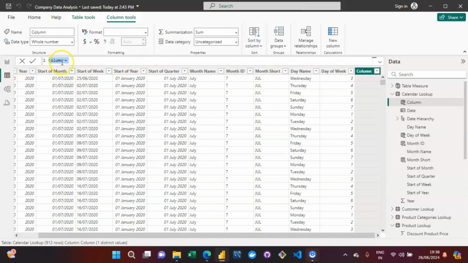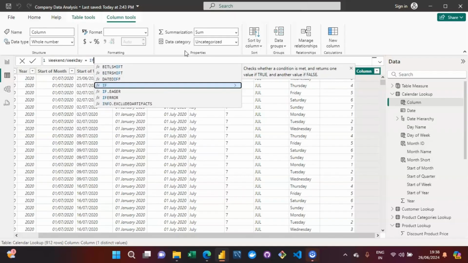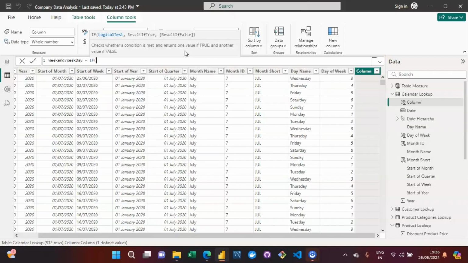And now we will be creating a new column that will give the insight about whether it is a weekend or a weekday. Right, so this is going to be the column name, and let us go forward with writing our if clause itself, right? There is no such tough function that we are going to make use of. We are just going forward with the if clause. So if the value for day of week